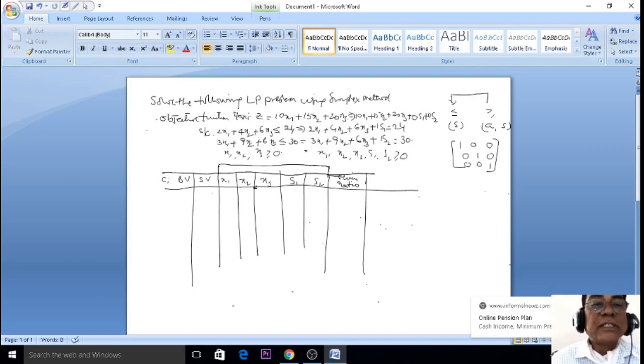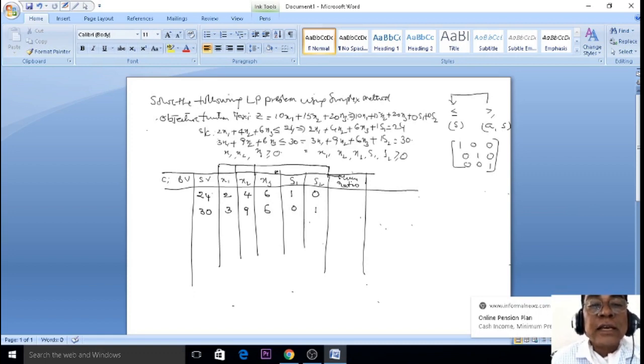Take the SV. What is the meaning of SV? The values after the equal sign are called solution values. These two values are called solution values: 24 and 30. Finish. The first equation means 2, 4, 6, 1, no S2 coefficients only. Go to the second equation: 3, 9, 6, 0, 1.